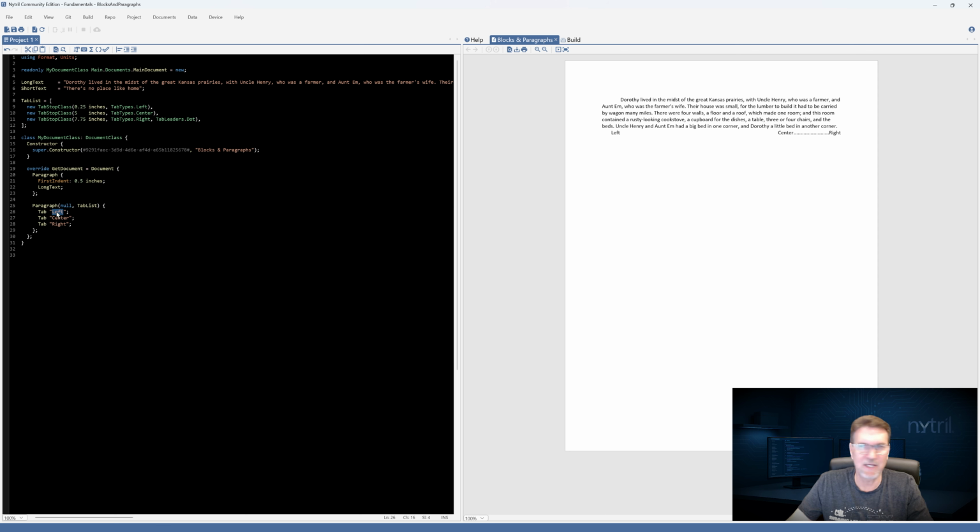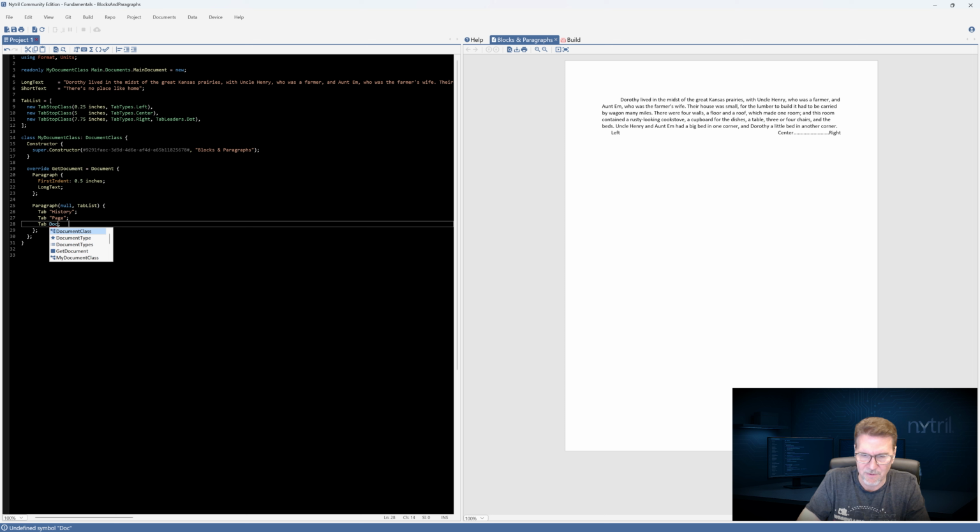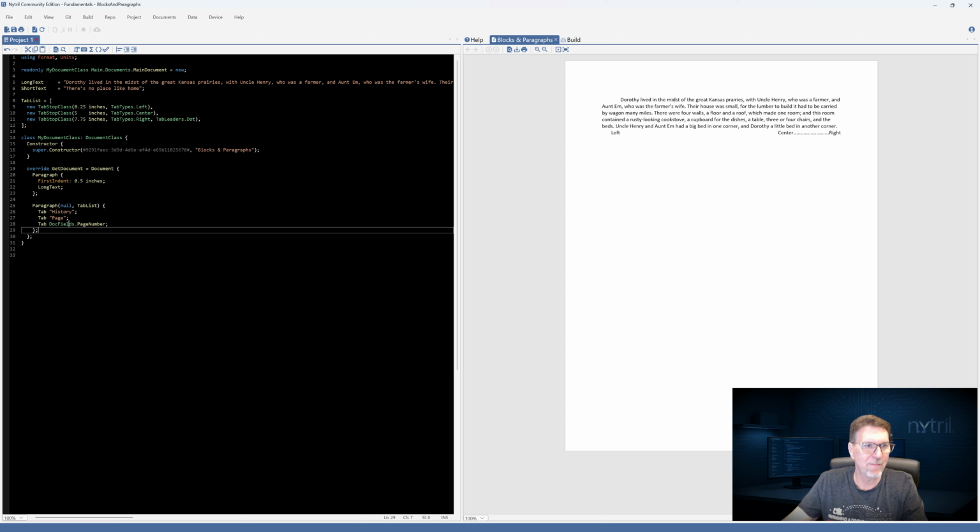So let's just change this content, and let's say that this is maybe the title of a document, and this maybe is the word page. And then this here, we can access a thing called doc fields dot page number, and that'll automatically place our page number in there. So I'm going to hit save and F5, and that looks nice.